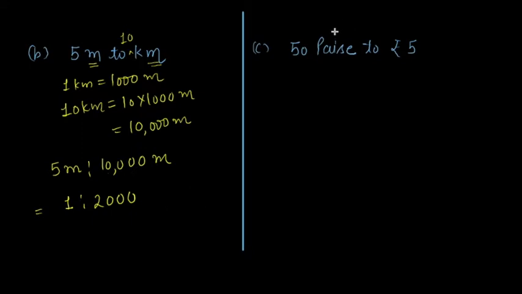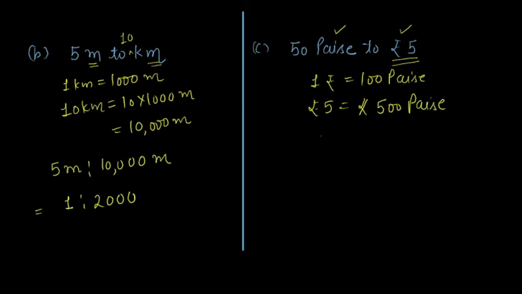Similarly, here in part C, one quantity is in paisa and another is in rupees. It means we will convert it into paisa, and we know the relation: 1 rupee has how many paisas? 100 paise, right? Therefore, rupees 5 will be 500 paisa, and if we calculate the ratio 50 is to 500, this is cancelled. 1 is to 5 tens are 10. So the ratio will be 1 is to 10. So this is how, if both the quantities are not in the same units, we make use of the conversion scale and convert them to the same unit to calculate the ratio.